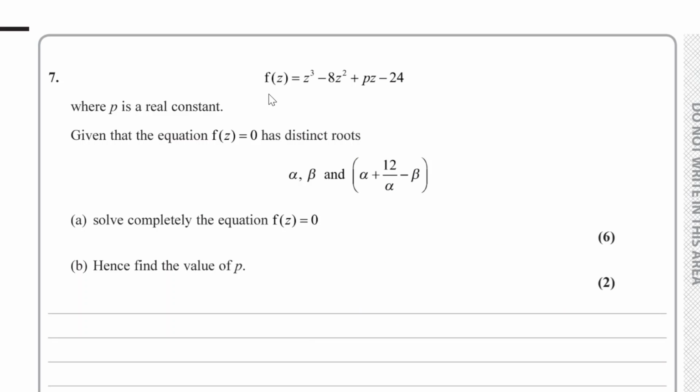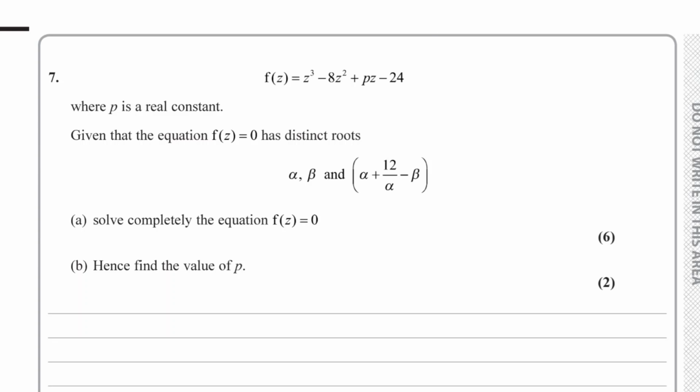Question number 7. We've got f of z, which is equal to z cubed minus 8z squared plus pz minus 24. P is a real constant, and given that the equation f of z equals 0 has distinct roots, alpha, beta, and this bit over here, alpha plus 12 over alpha minus beta, we have to solve completely the equation f of z equals 0 for part A. Well,